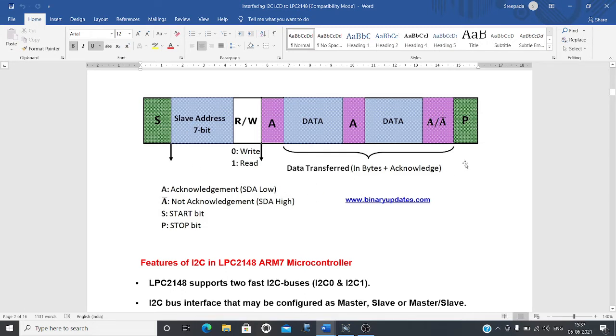Then at the end of the data transmission, a stop pulse will be issued. So every data communication commences with a start pulse and ends with a stop pulse.